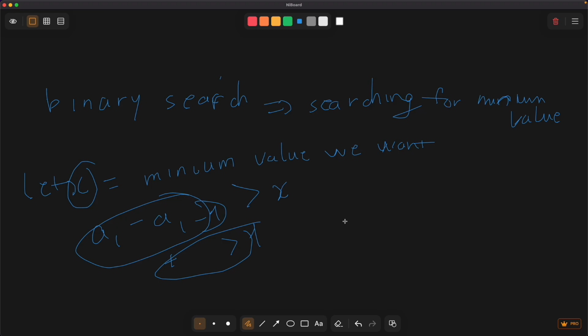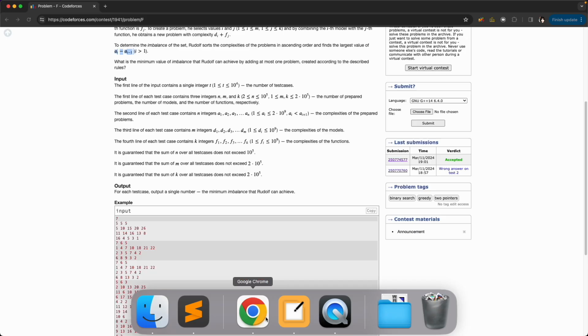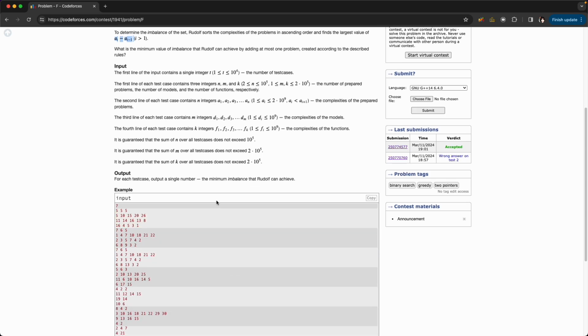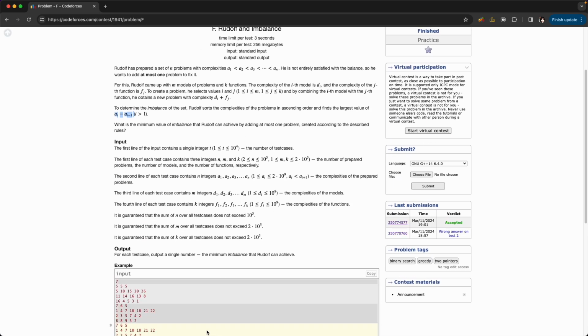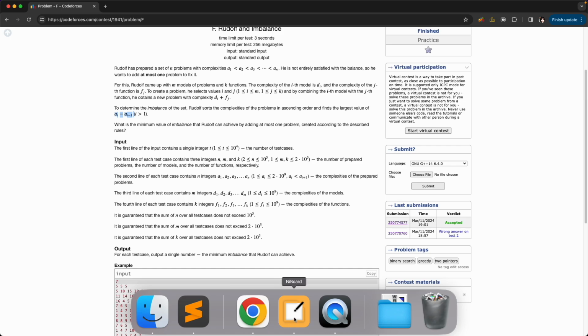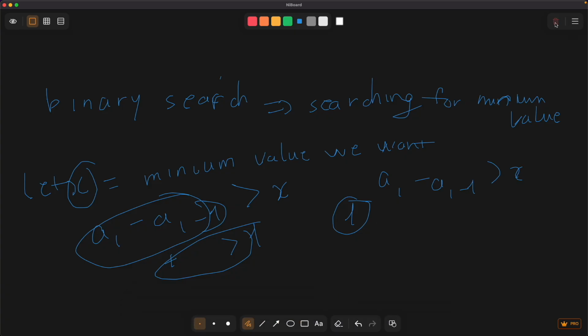So if it's only one index where a[i] minus a[i - 1] is larger than x,